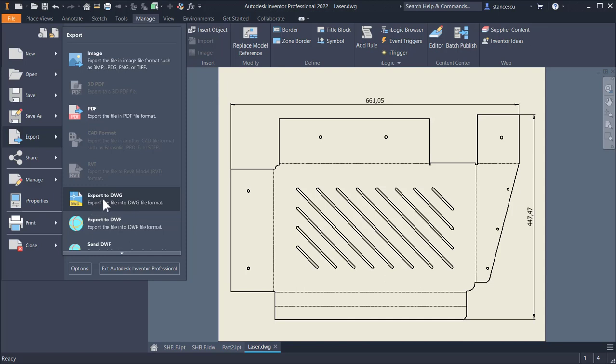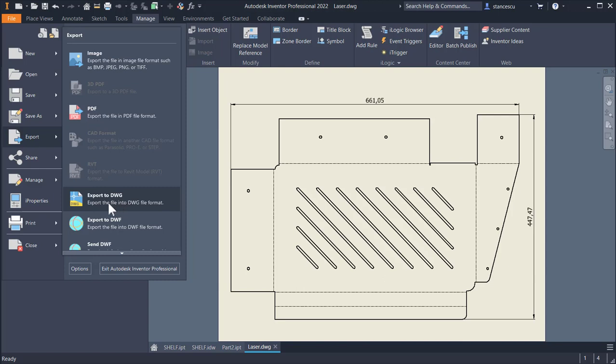But now we use export to DWG to have a real AutoCAD document and not a document created in Inventor. You see, this could be an IDW, not DWG. And then export to DWG